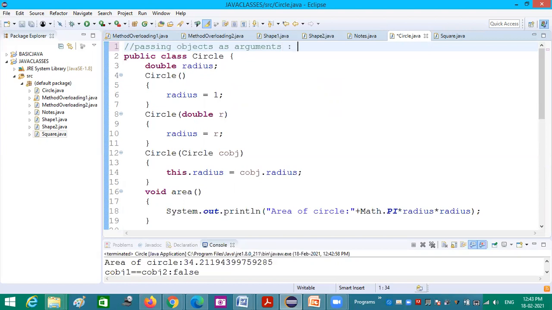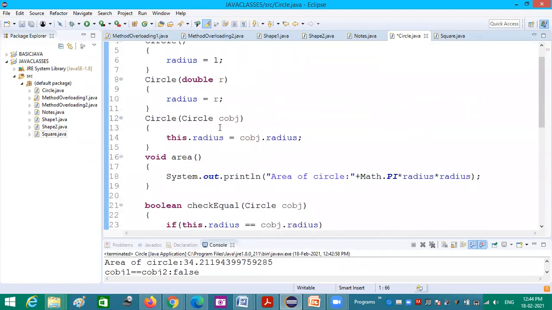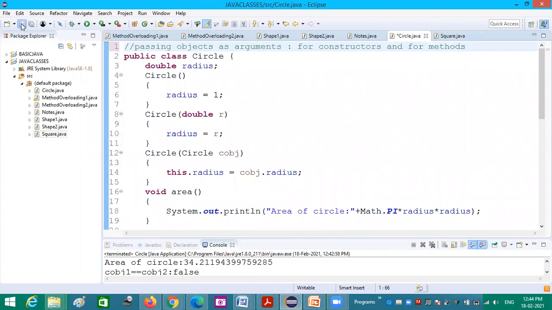For both ways, for constructors and for methods, we can pass objects as arguments. Both examples are in the same program. Now, if you have any doubt in understanding how we pass objects as arguments, you can tell me.